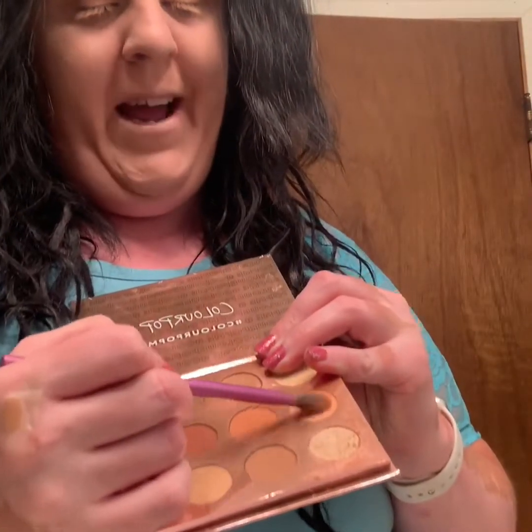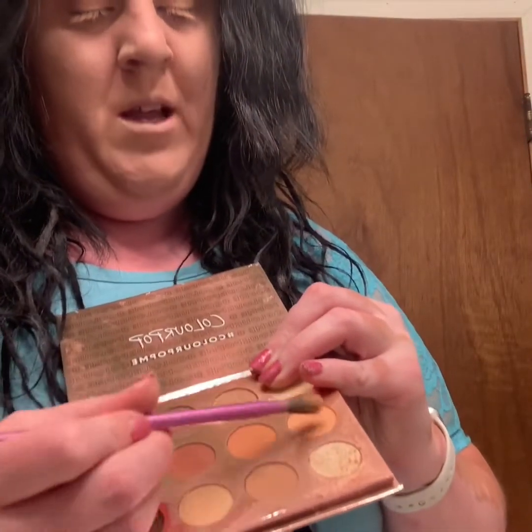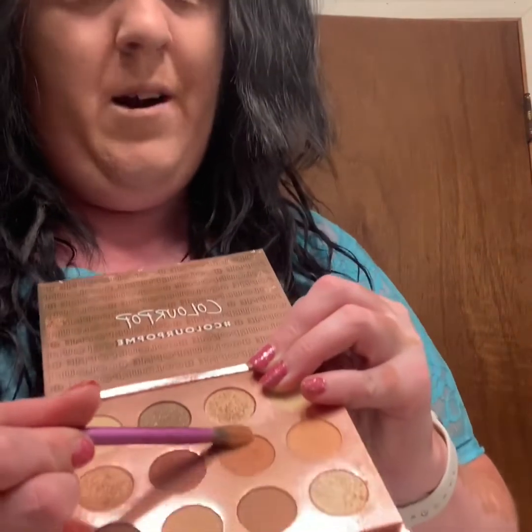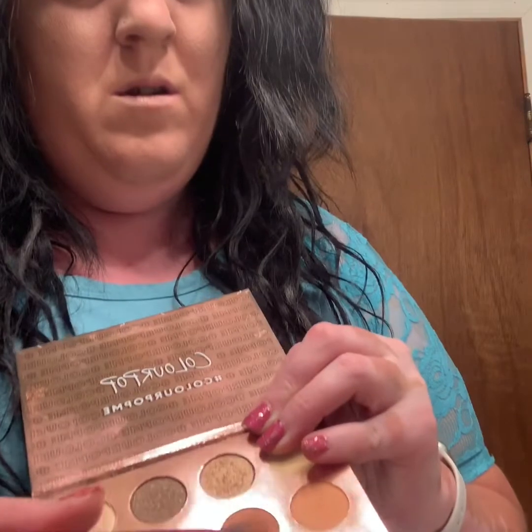Now I'm gonna take this peachy one again, peachy one, and then this darker orange. Go over it with my eye dual